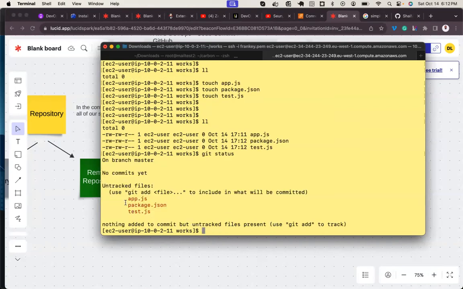So git status is used to show your untracked files. It means files that have not been added to the repository, to the tracking section. So the git status command is used to show those files that are in the untracked section.